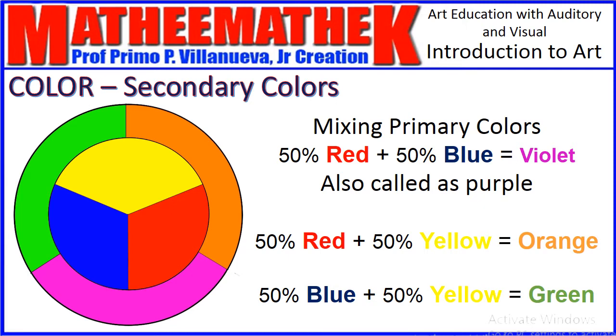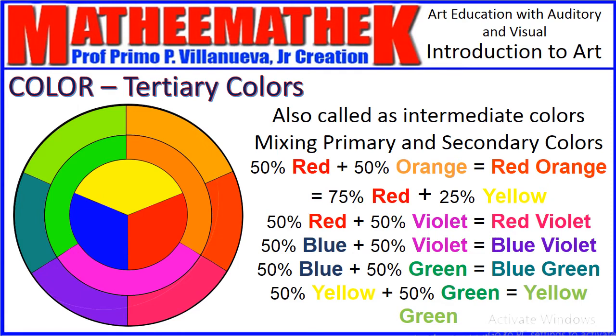Well, they fall in the same family of colors, but let us stick in the principle that when red and blue are mixed at the same amount, will yield violet. Similarly, when same volume of red and yellow is mixed, will give us orange, and same amount of blue and yellow will give us green.